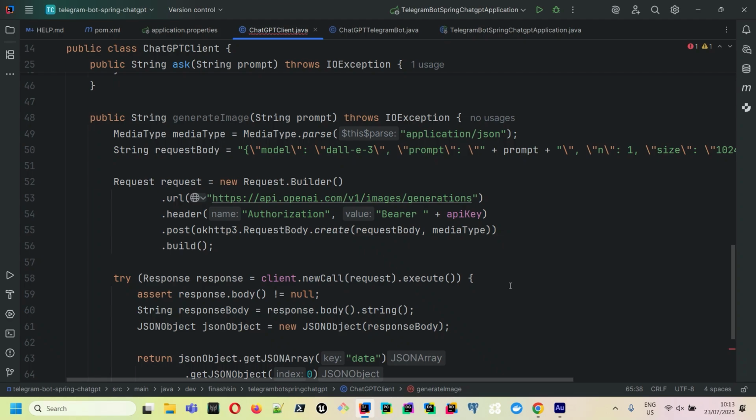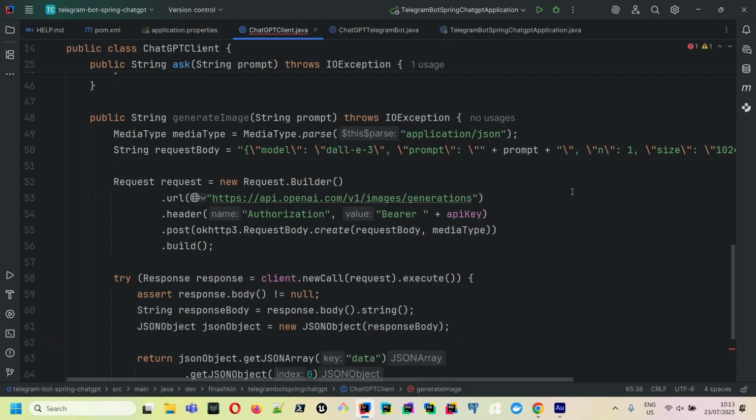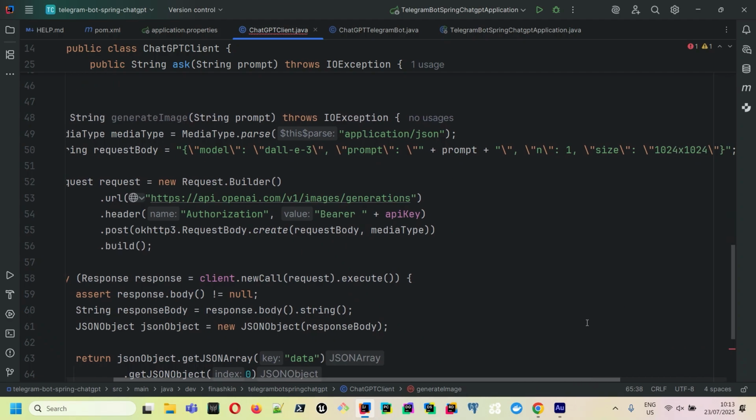Okay, it's done. Let's break down what this method does. It takes a prompt text description as an input. It creates a JSON request body with the following parameters. Model, DALL-E free, specifies that we want to use DALL-E free for image generation. Prompt itself, the user's text description, and that's the